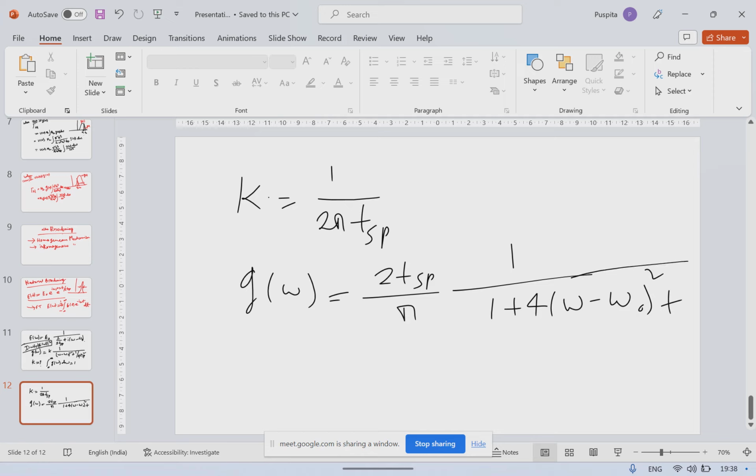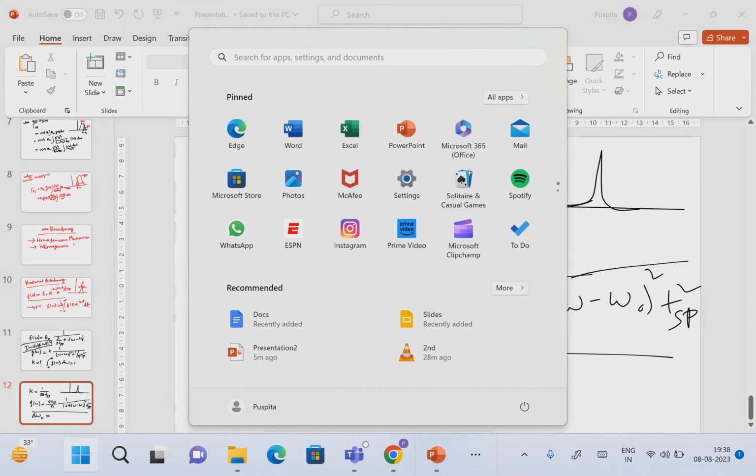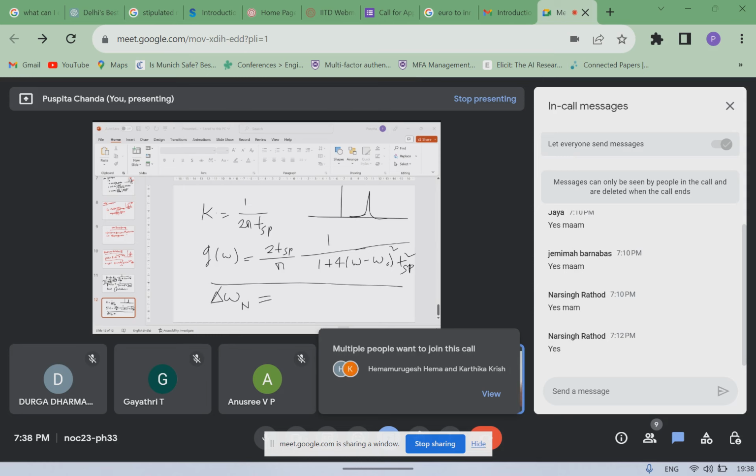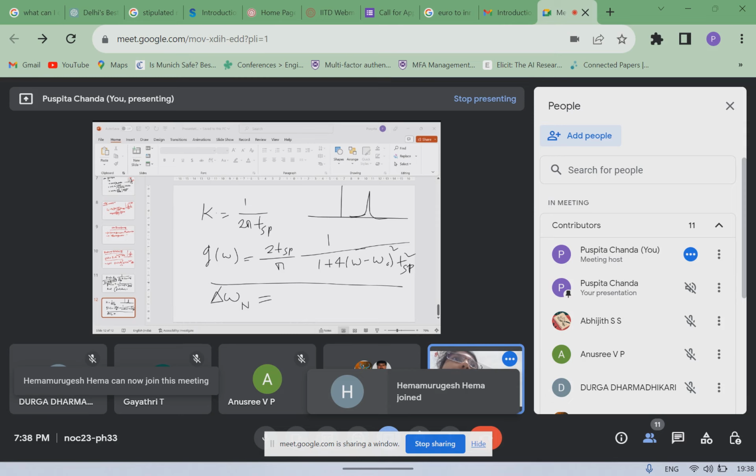Omega naught is the central frequency. So this function can be written as a Lorentzian function like this. So this function's FWHM, full width at half maxima, which is